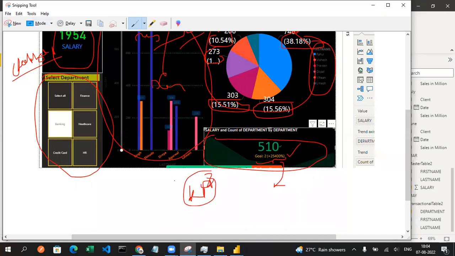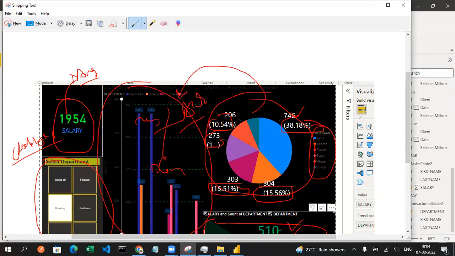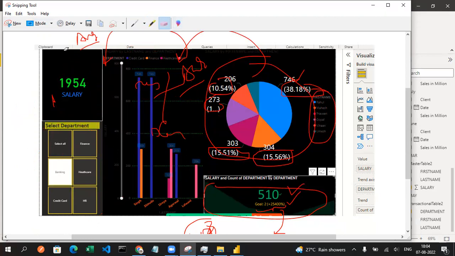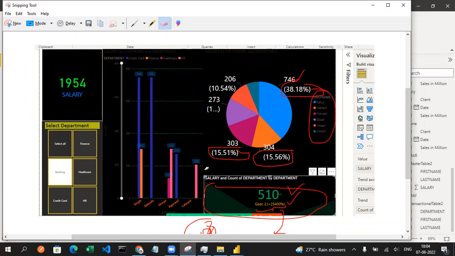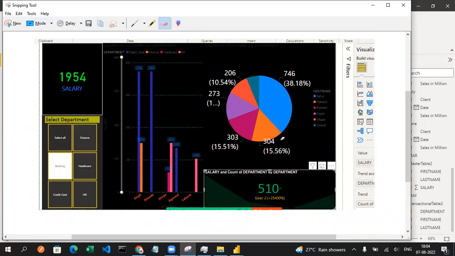So eventually I need to understand this KPI with respect to all the different values we have, so that it will be very easy to grasp in terms of these different colors. You can see I have used different colors for different things. For the salary, I have used the blue color, and to represent the average salary I used the green color. And also you can see in the pie plot, we have used different colors to showcase the different